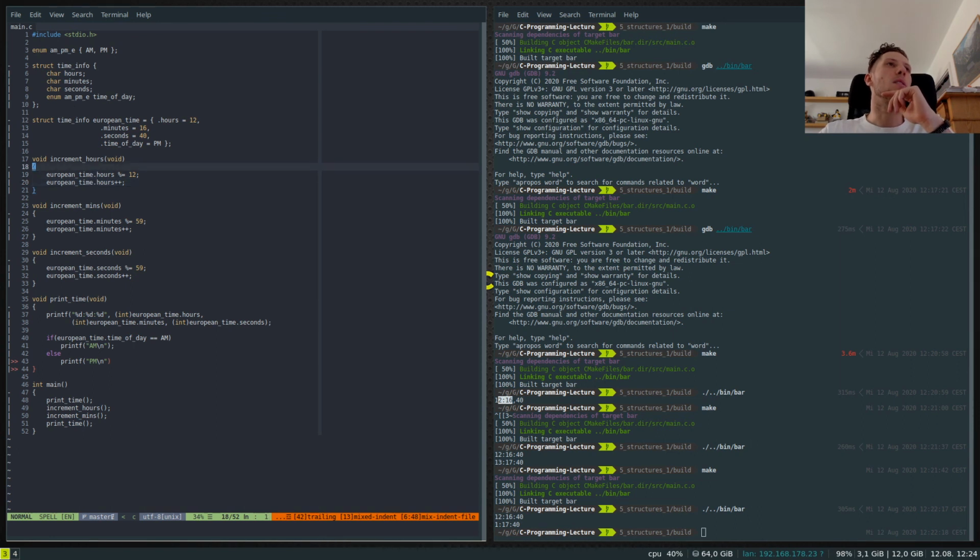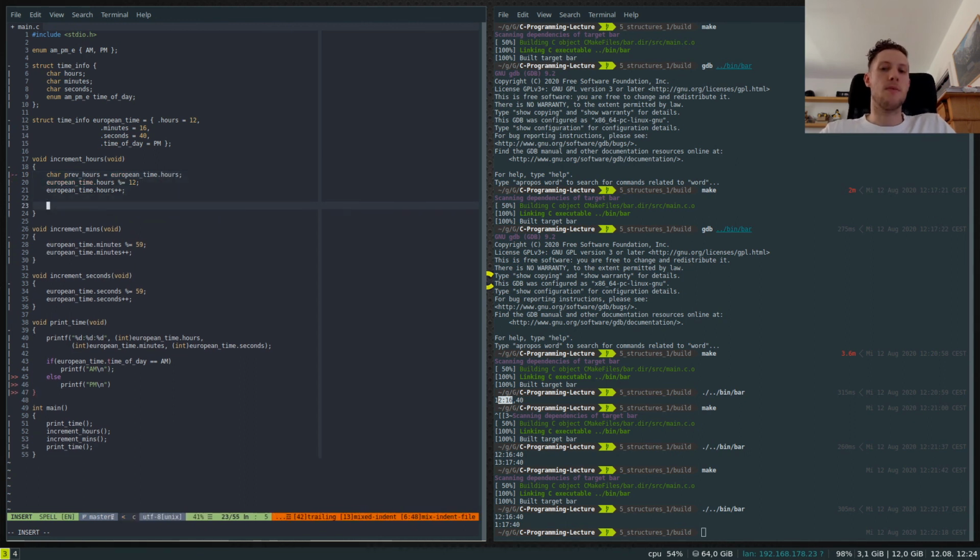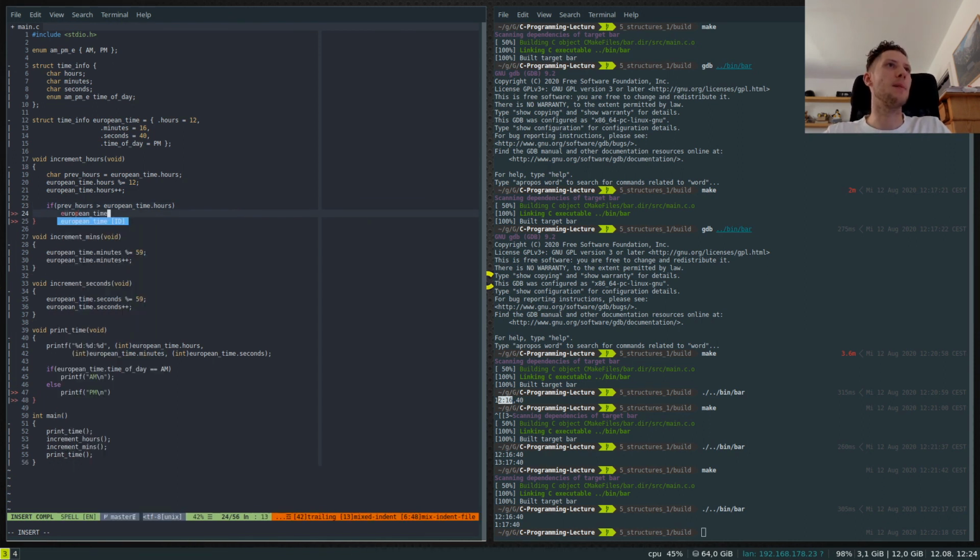So here we're actually doing a mod of it, but what we want to do is say, when does this happen? So we'll say previous hours equals European time dot hours, right? And then we can say if previous hours is greater than European time dot hours, this means that we've sort of overflowed and we've gone from 12 back to 1, right? And so what happens then is we can say European time dot